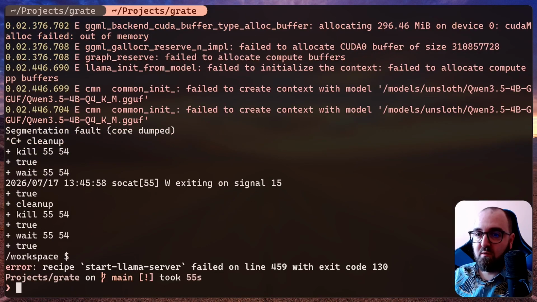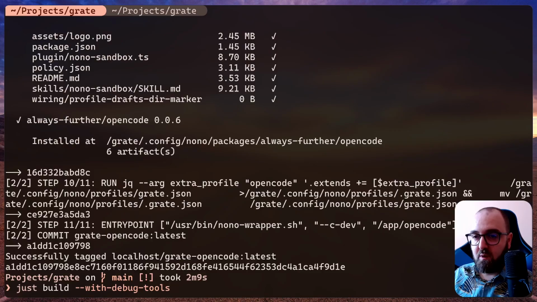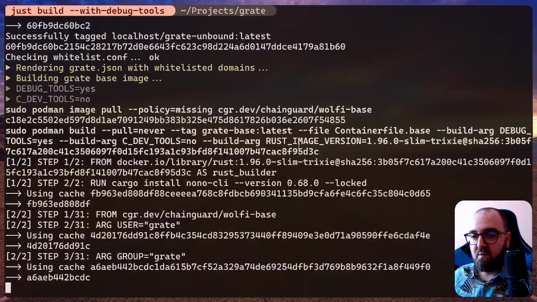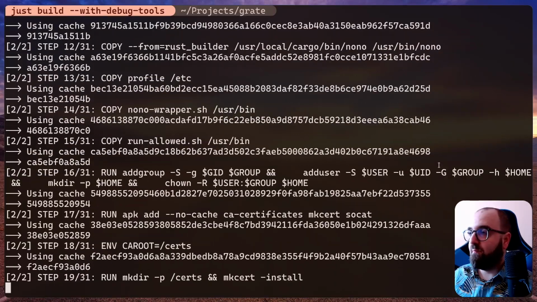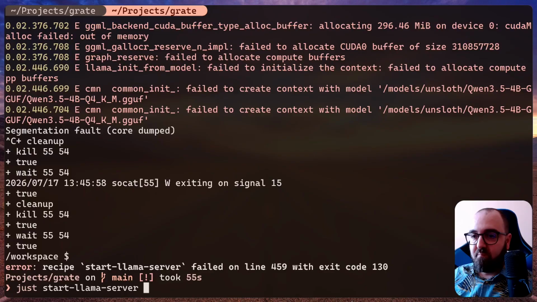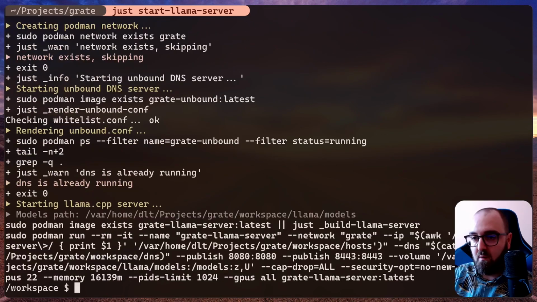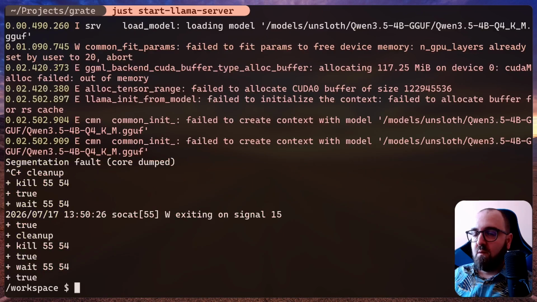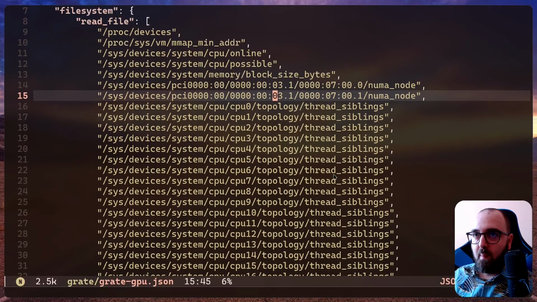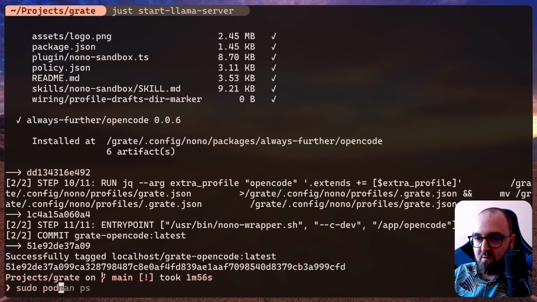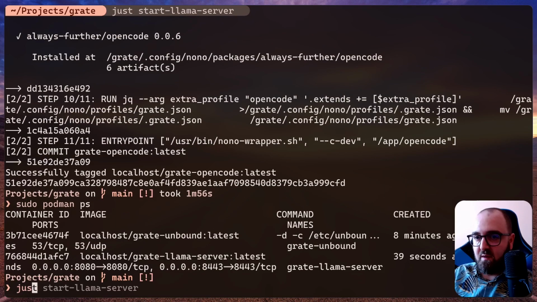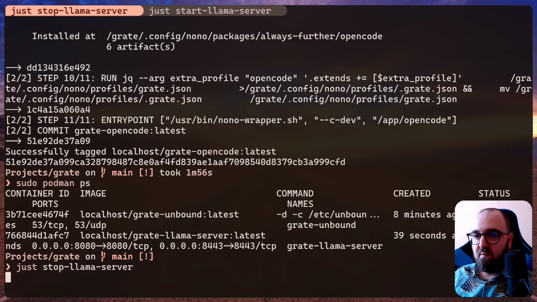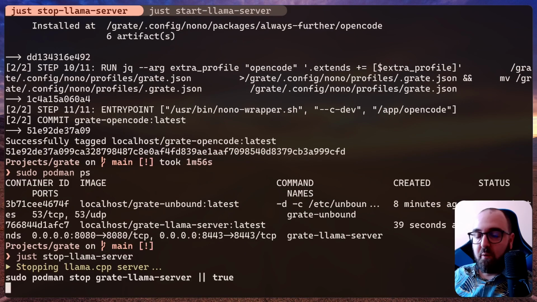I'm going to quit and rebuild, and let's hope this is faster this time. I'll be back in a second. And we're back again. Let's start Llama server. I suspect that another Llama server is probably running. So let's check it. And that's the case, so let's just stop Llama server. This is why we were getting the segmentation fault,